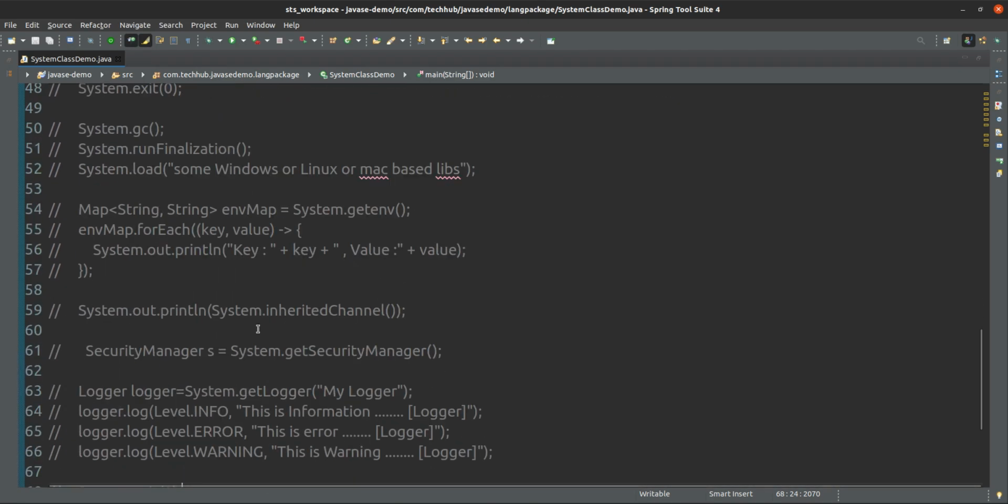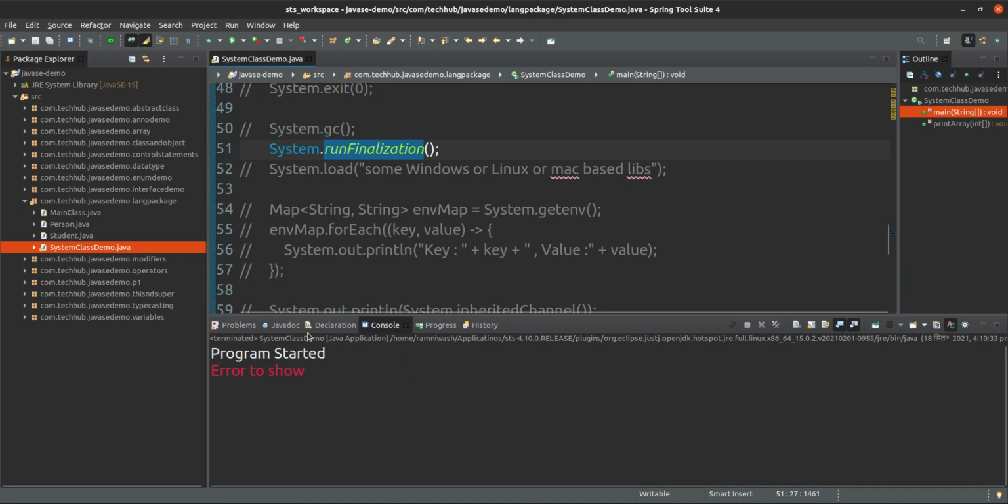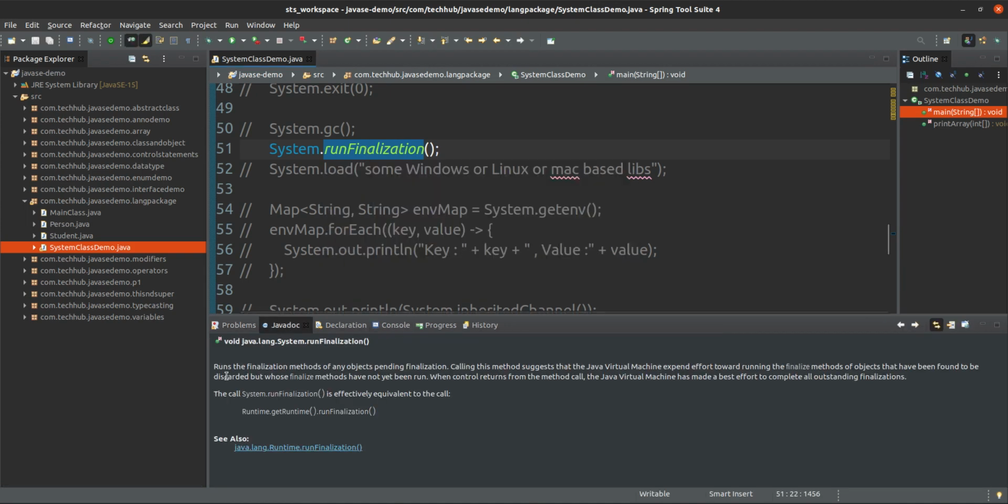It runs the finalization method of any object. You want to call that method separately for all the objects that are going to be removed from memory.